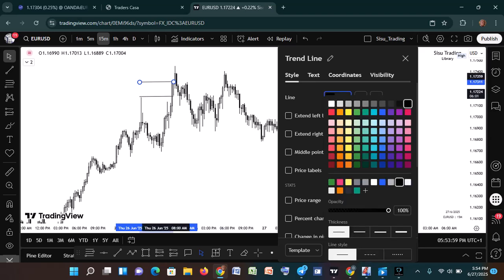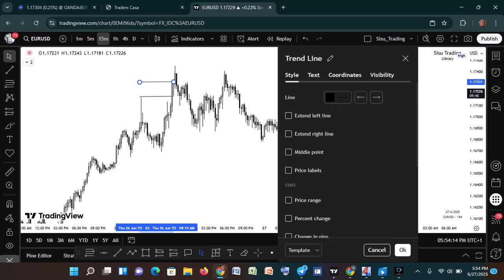The colors, this is the current color I'm using, black. I love black, and you can see it is on 100%. If you want it to be thicker, you can select it here, thickness. You can select how thick you want it to be, but for me, I prefer this small one, right? And if you want it to have an arrow mouth, you can simply add it, and you can put it to normal, like